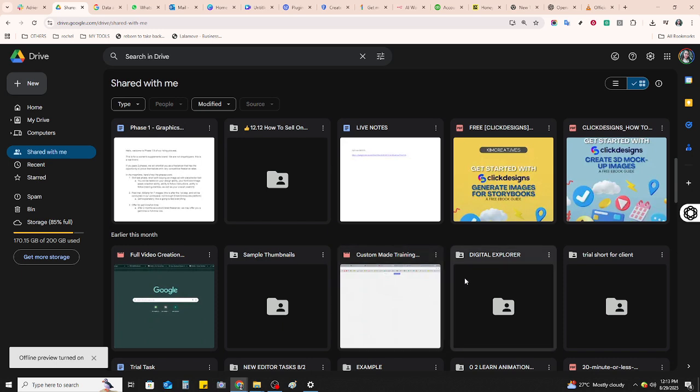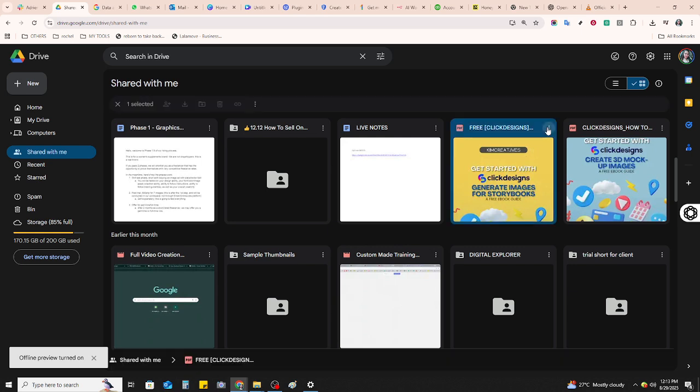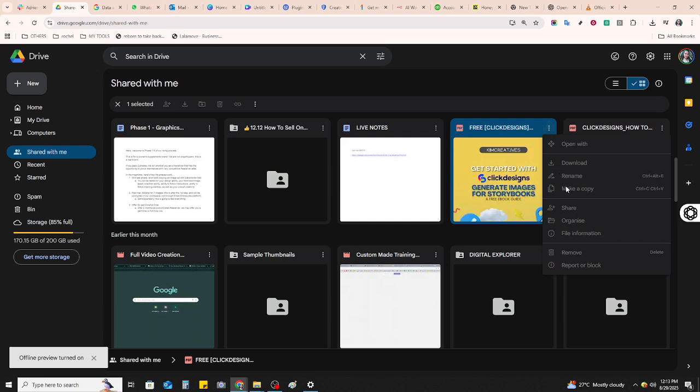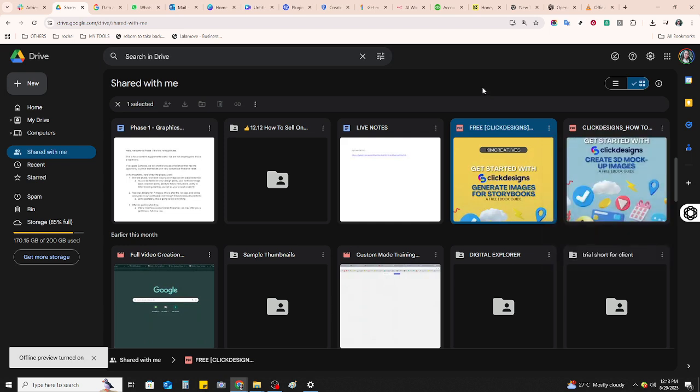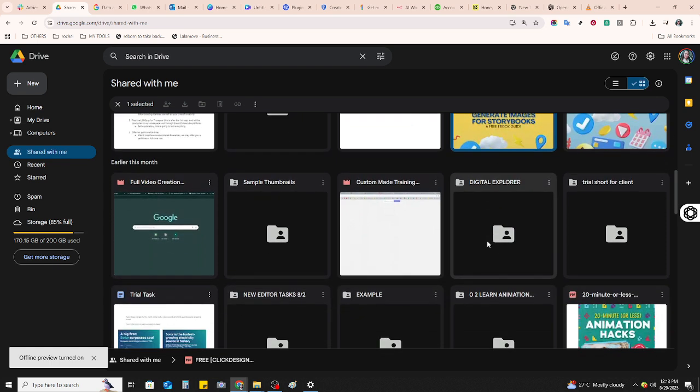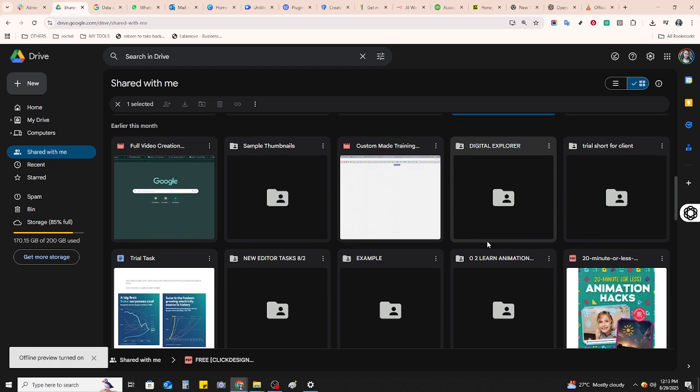To wrap things up, these simple actions can relieve a lot of stress when dealing with an inaccessible file on your Google Drive. Start by contacting the file owner, see if you can make a copy while you still have access, and check those occasionally overlooked sections of Google Drive. With these strategies, you're well equipped to handle file access issues